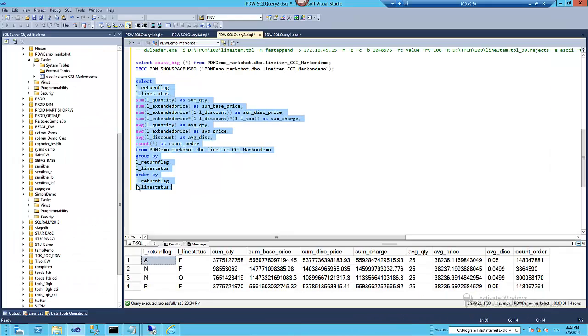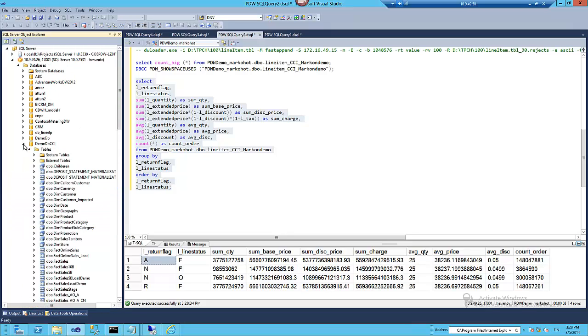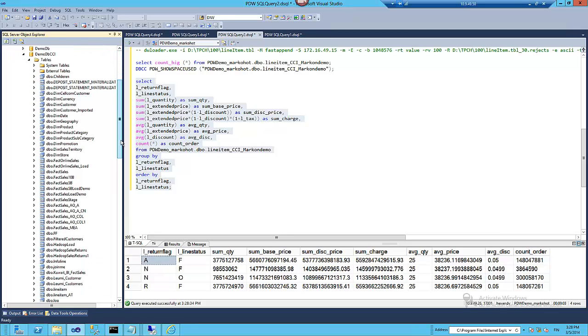Let's go to another database which I have here for demo purposes, the demo DB CCI database here, which is maybe more relevant to real-life scenarios. So it is actually a data warehouse with dimension tables like customer, date, product categories, product subcategory, and so on. And we have fact tables here. So for instance, what we have here is FactSales10B, and this table has basically 10 billion rows of